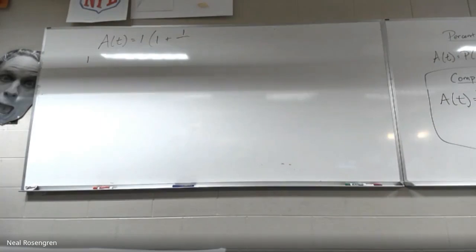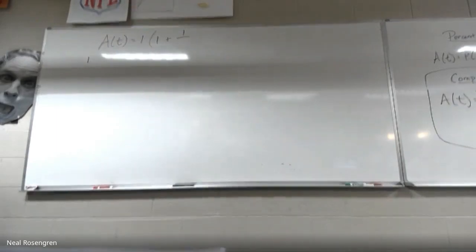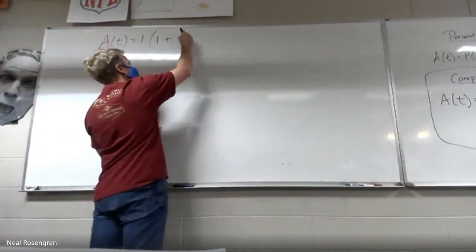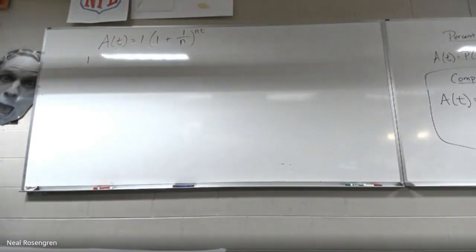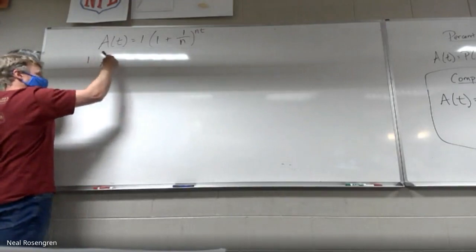Now, I'm going to leave n just as n right now because it's going to change. Annually, monthly, daily, hourly, it's going to change as we go. So I'm going to keep n in there and then put nt up here. But you're going to see that I'm going to leave t as just 1. We're just going to go out 1 year and see what happens. With 1 through 7, we actually won't get to 7 just yet. We'll see how far we get. 1 through 6 for sure is just going to be A of 1. So number 1, A of 1.